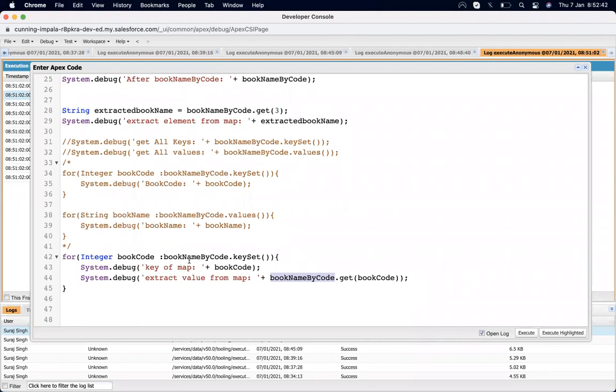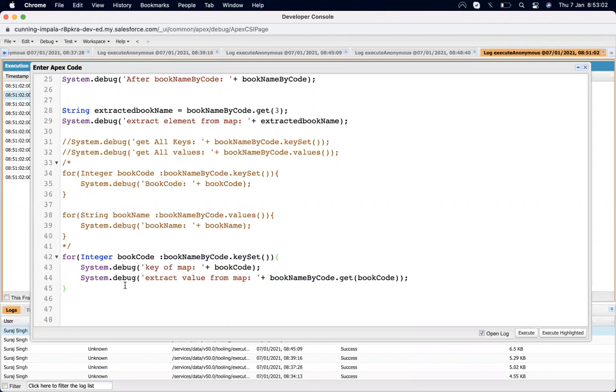And since this key set acts as a set, all the operations that we can perform on a set, we can also perform on a key set.